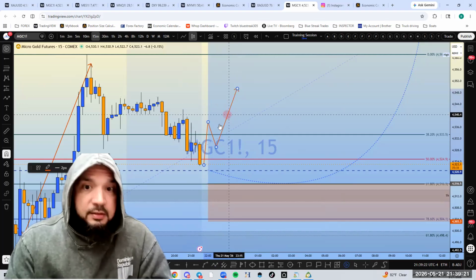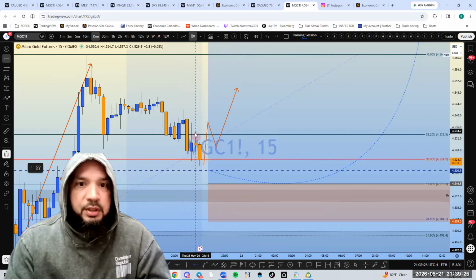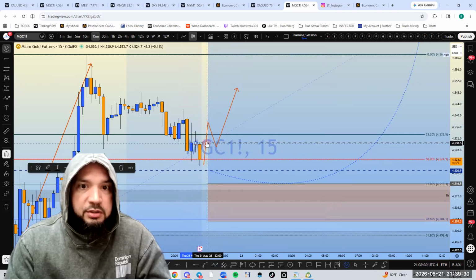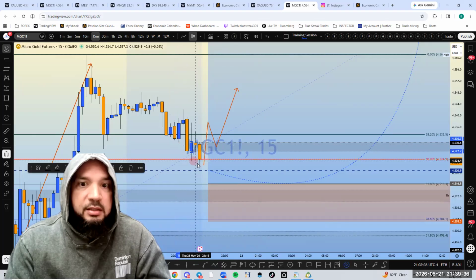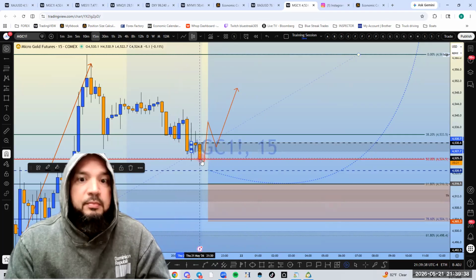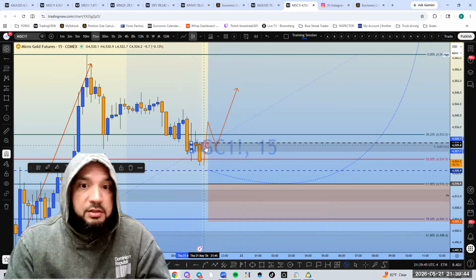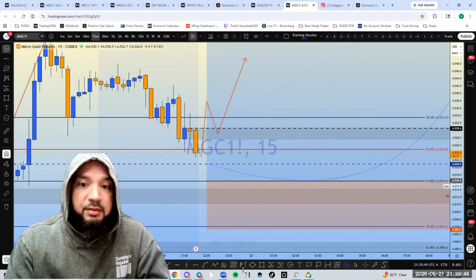So basically allow it to break structure. Correct. You want it to close above this order block right here. Since we see this order block here, we know that's going to be resistance on the way back up. If it breaks up above there and closes above, when it retraces back, it's going to retrace back into the zone. I would literally grab my fib,